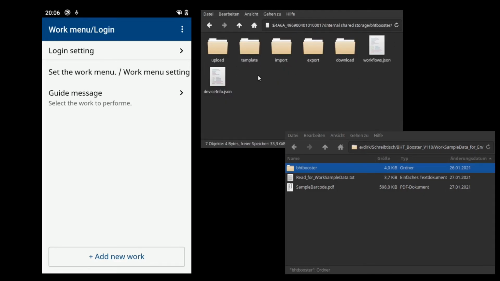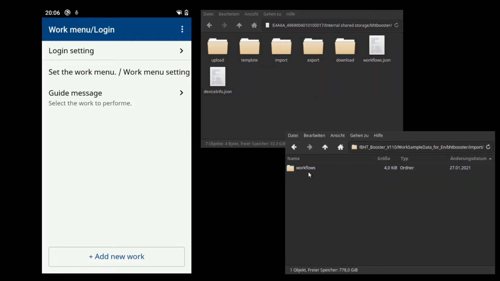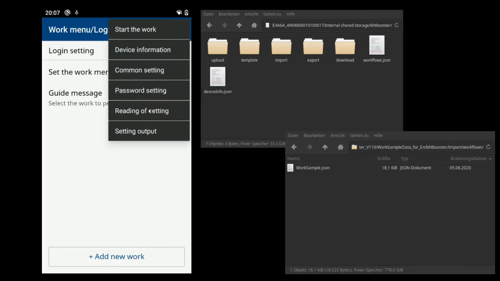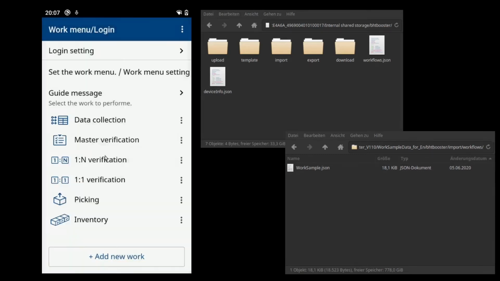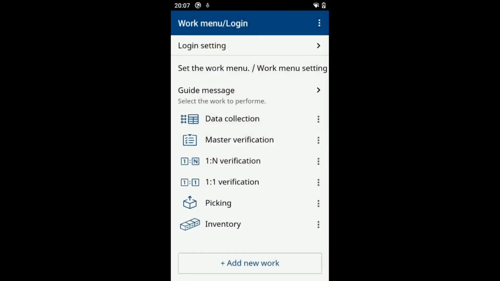And now, if we go inside this folder, we see some import workflows, work sample JSON. Good. Now let's go back to the device, to the menu, reading of setting, and we say yes. We pick the work sample file, and this is now what it has imported. So going back to the screen, we see now we have certain workflows or work tasks imported, like data collection,